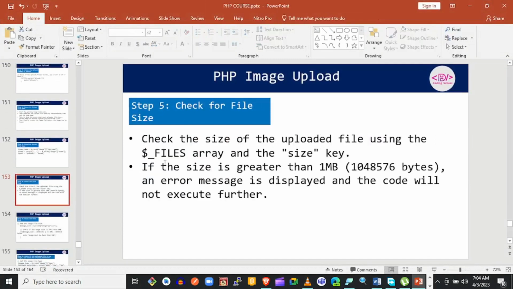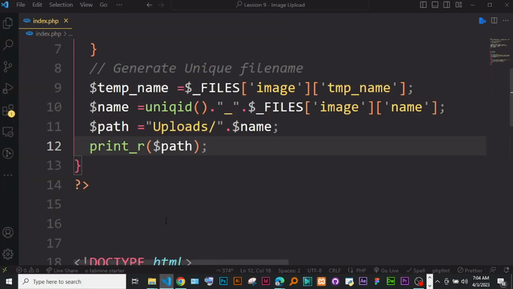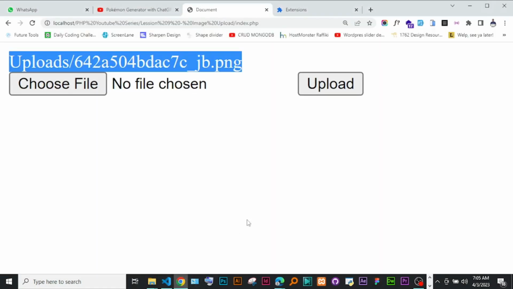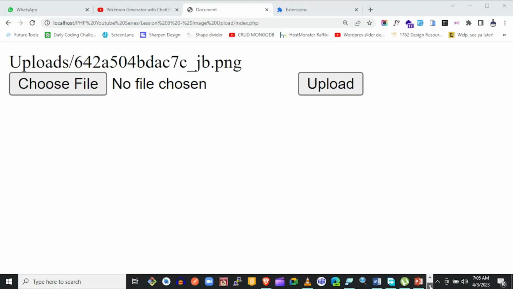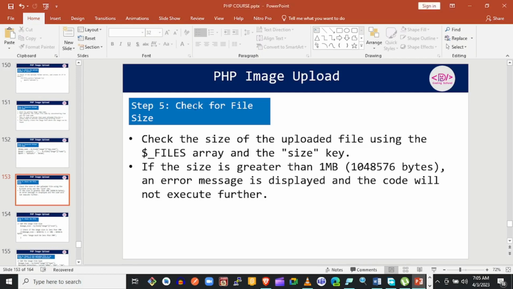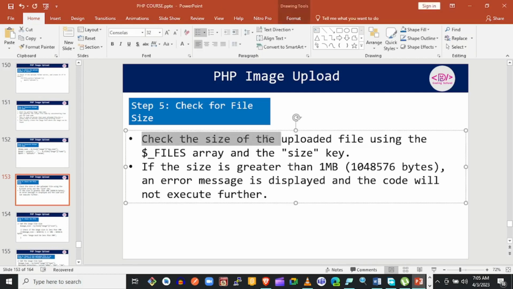Another check is for the file size. The good thing is that we can actually check the file size that has been uploaded. To avoid putting excessive or large files, we can check for the file size. We still use this array here, and on the image array there is size. This size key can give us the size of the image. So if the size is greater than 1 MB,